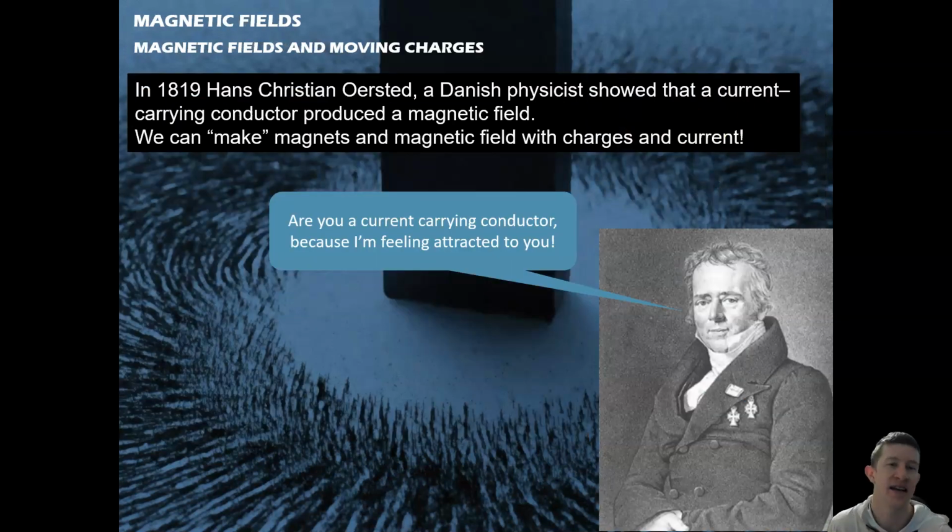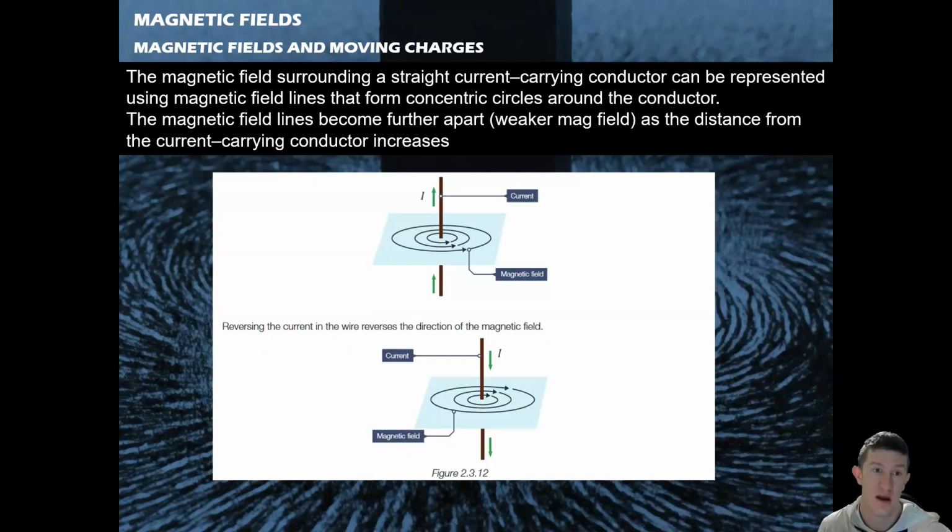In 1819, Hans Christian Ørsted, a Danish physicist, showed that a current-carrying conductor produced a magnetic field. Essentially, this means we can make magnets and magnetic fields purely with charges and current. The magnetic field that surrounds a straight current-carrying conductor can be represented using field lines that form concentric circles around the conductor. These magnetic field lines become further apart, which signifies a weaker magnetic field, as the distance from